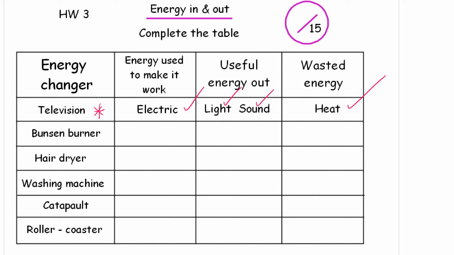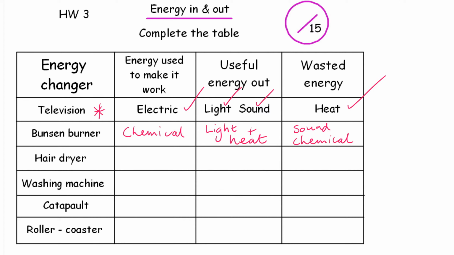In our last lesson I asked you to have a go at homework number 3, so let's go through these answers. A Bunsen burner, the energy used to make it work: chemical. The useful energy out: light and heat. The wasted energy: there was some sound and some wasted